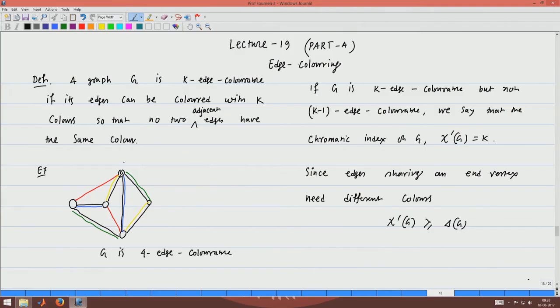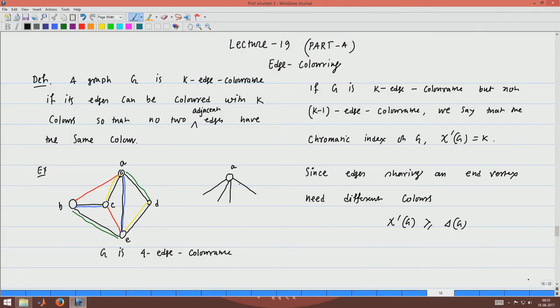So, let me label the nodes A, B, C, D and E. Look at node A, it has 4 edges incident to it, and so these edges are adjacent edges.